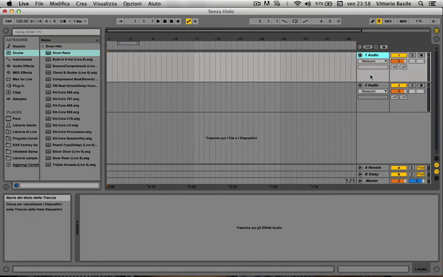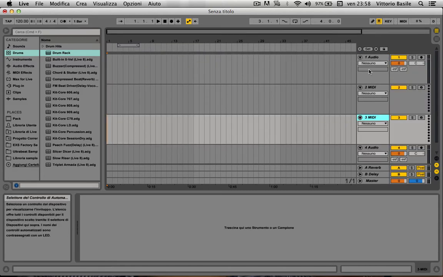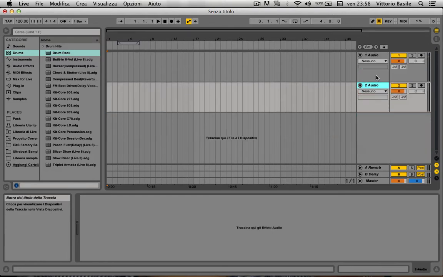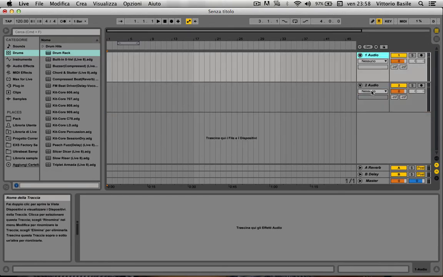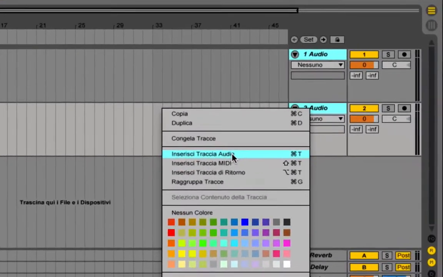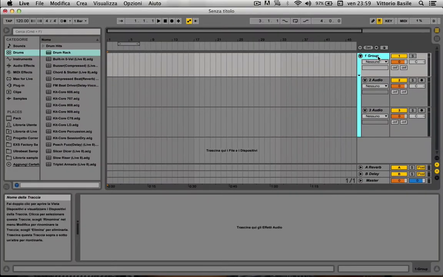When you open Ableton Live, you will find a situation like this with two audio tracks and two MIDI tracks. So you just have to select the MIDI tracks and delete them, because we are going to use two audio channels. I suggest you group these channels into a group, because